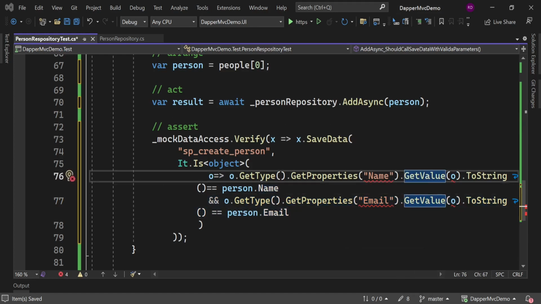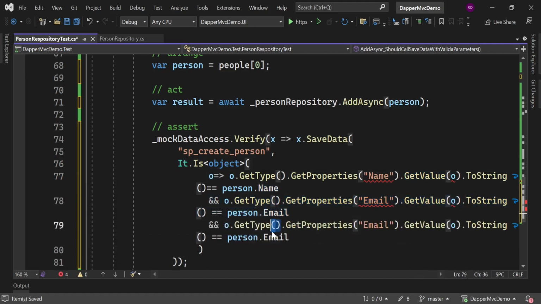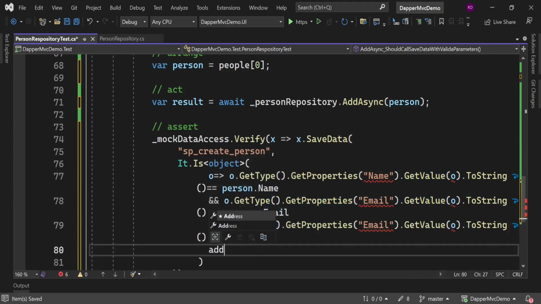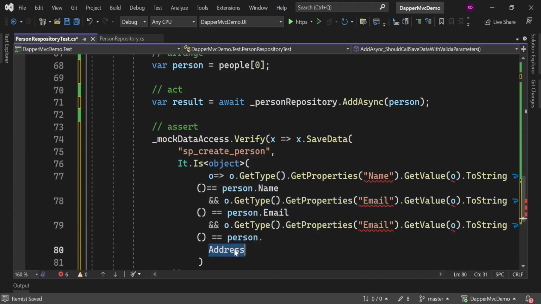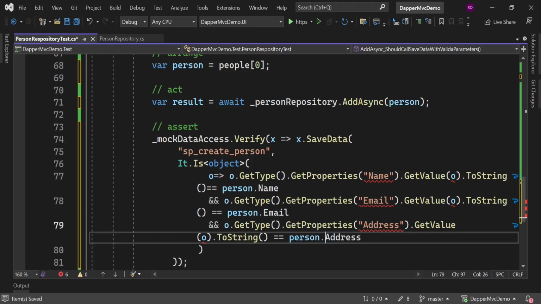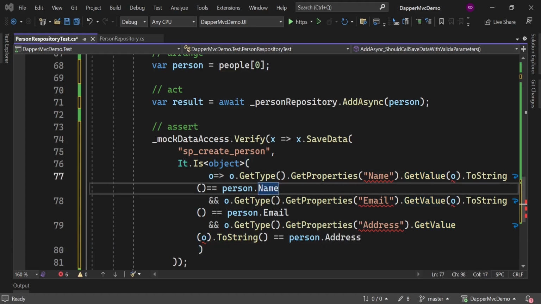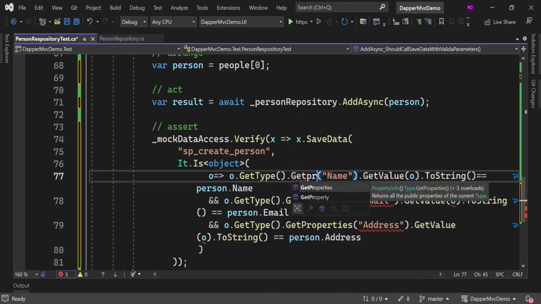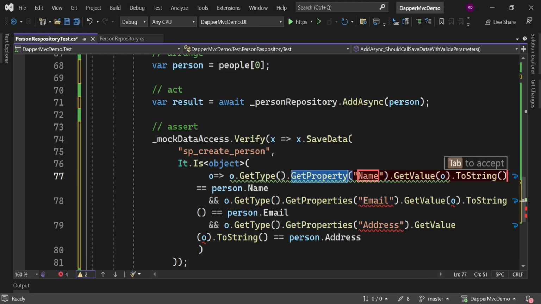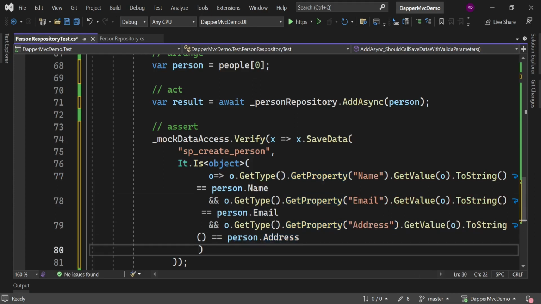Let me copy one more time here. So we will copy this thing and paste it here. We will change it to address, and here change it to address again. Okay, and right now I am getting an error here, I don't know why, and yeah, here is a mistake. It should be GetProperty, not GetProperties. Okay, GetProperty, GetProperty, GetProperty. Okay, we are now fine, but